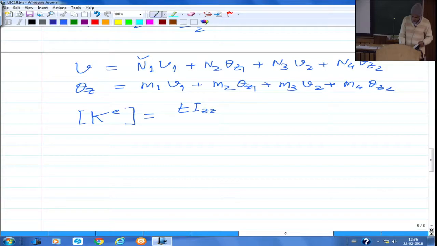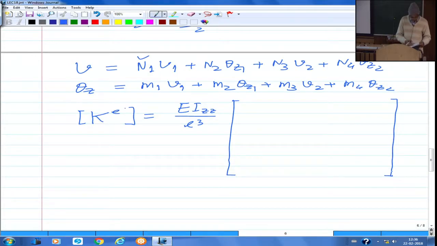So this stiffness matrix, there is one parameter defined, I will define at the end. So this is 12 divided by 1 plus phi, there is a parameter phi, I will define what this phi is, 6L upon 1 plus phi, and then you have minus 12 upon 1 plus phi, then you have 6L upon 1 plus phi. That is the first row, and then of course it is symmetric, so let me only write